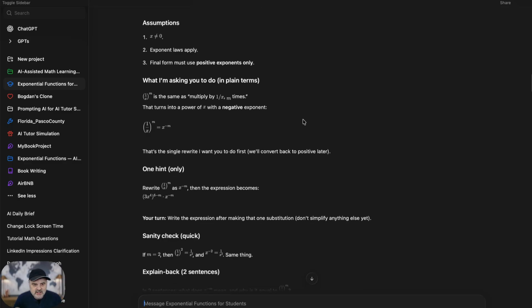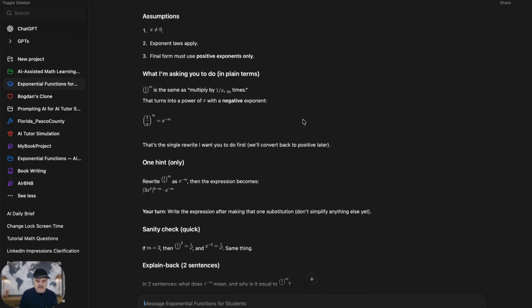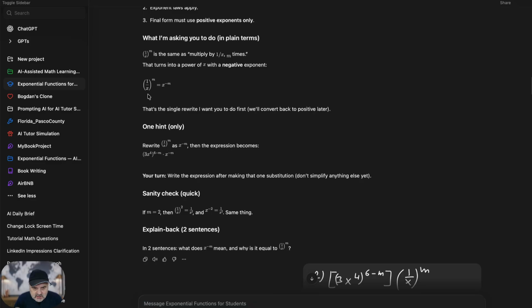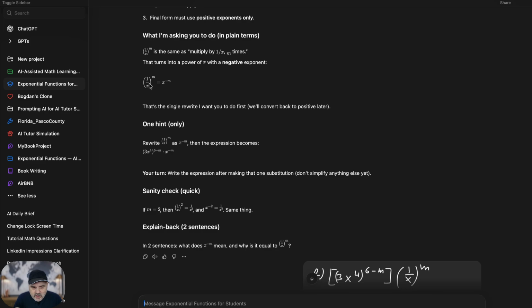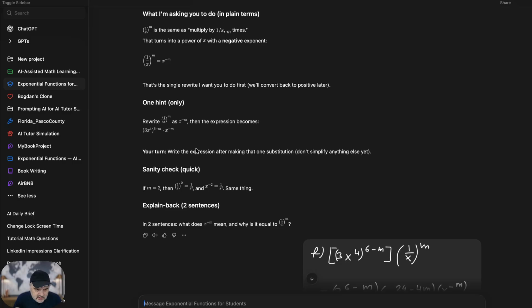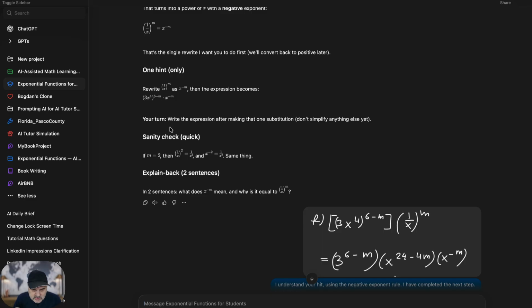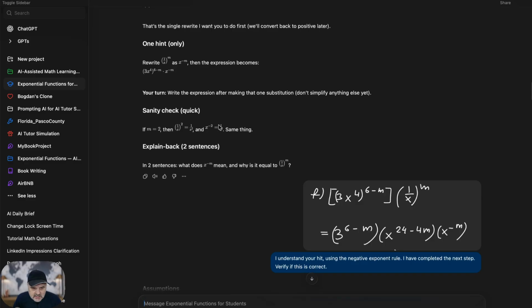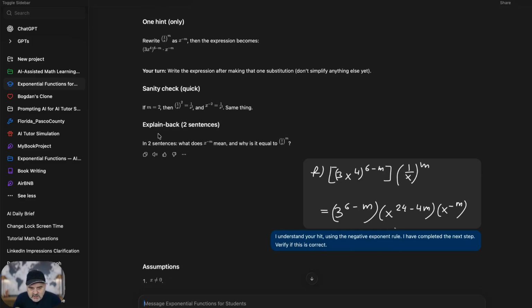So it returns with the process. It says, okay, this is the assumption that we made. This is what I'm asking you to do. It gives me a hint with the application of rules of exponent: 1 over x to the power of m is equal to x to negative m. So it sort of leads me through the process. And now it asks me to take a turn and write the expression after making that one substitution. And it wants me to explain back in two sentences, but I have forgone that